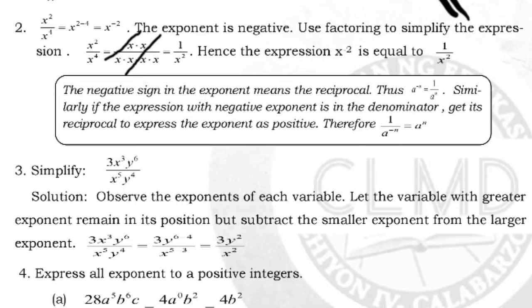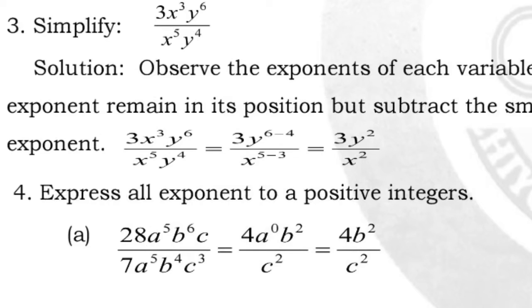Okay, let's have here number 3. Simplify 3x cubed y to the power of 6 over x to the power of 5 y to the power of 4. So for the solution, observe the exponents of each variable. Let the variable with greater exponent remain in its position, but subtract the smaller exponent from the larger exponent. So 3x cubed y to the power of 6 over x to the power of 5 y to the power of 4